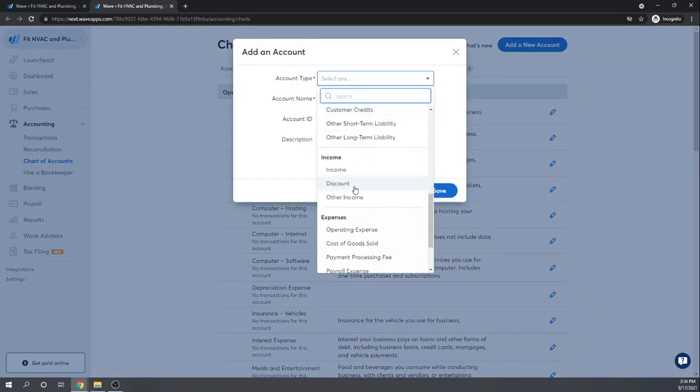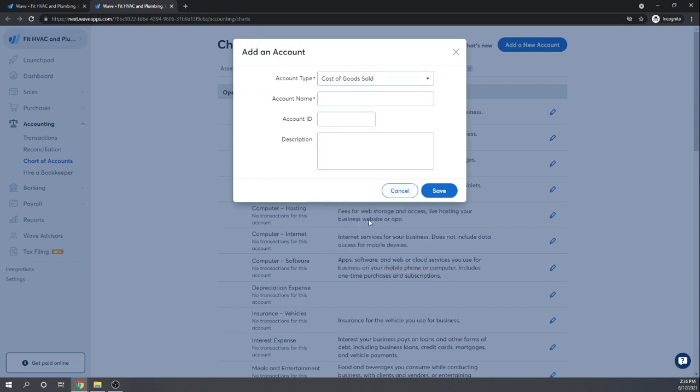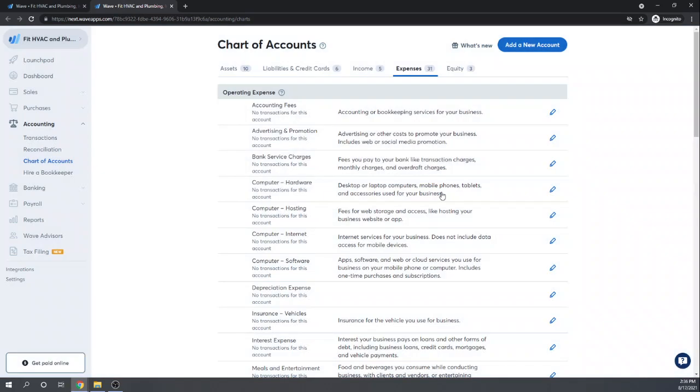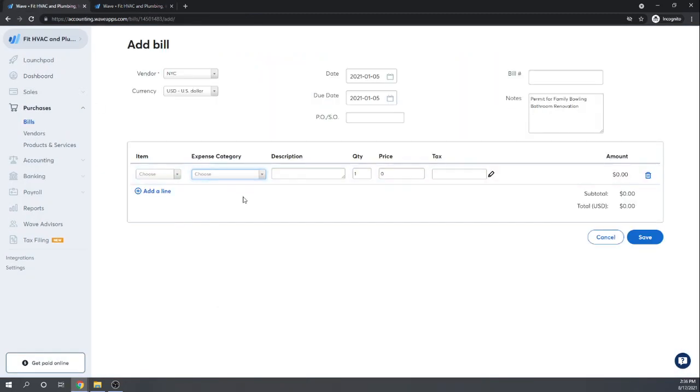We want to make it a cost of goods sold. Okay, let's go back here, see if it shows up now. May have to refresh this screen. Might lose everything, we'll see. Yeah, we lost everything. Okay, so vendor, New York City,